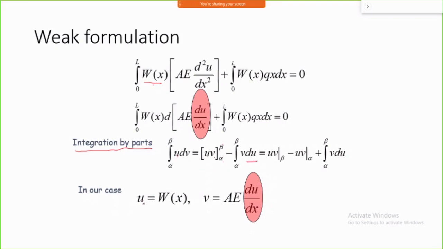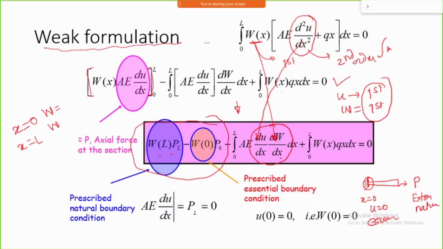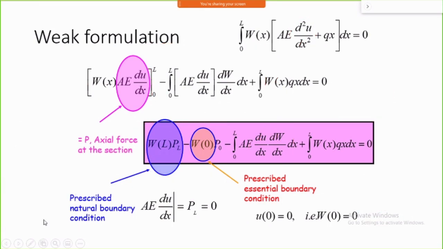So here u is nothing but your wx, v is your this, and dv will become d2u by dx square. That's what. Okay. So this is what on a dv. You can substitute. And now, once you substitute all, you will observe one thing: here the requirement has reduced after substituting this.